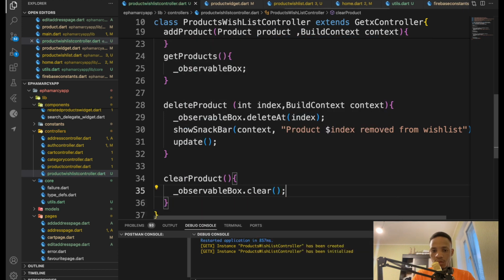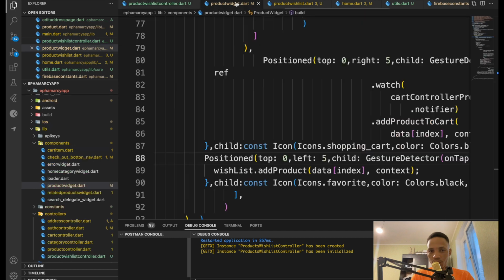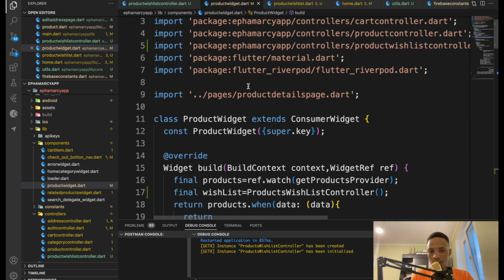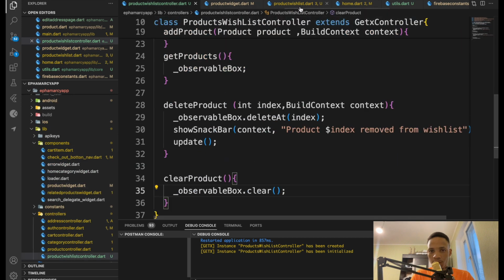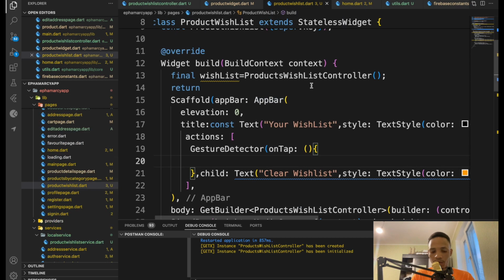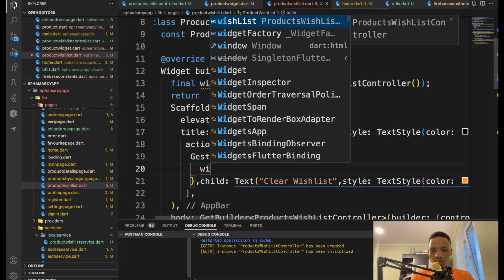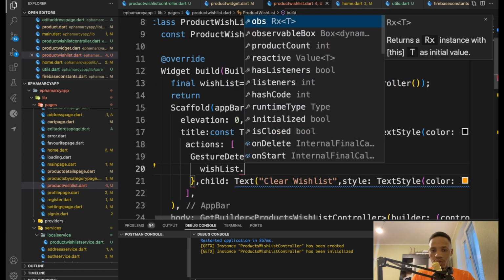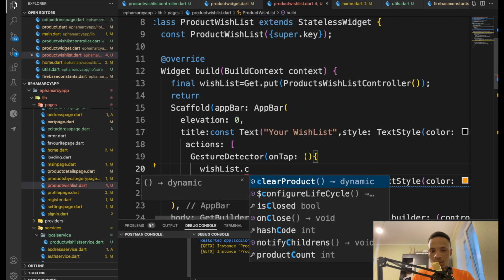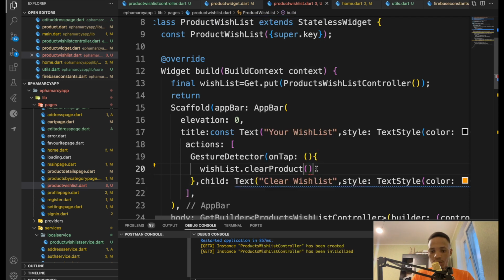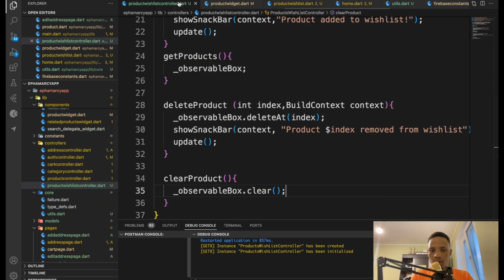Yeah, like this. So now if we go back, product wish list, if we go back here, okay, wish list dot clear product, like this. We can go back also,